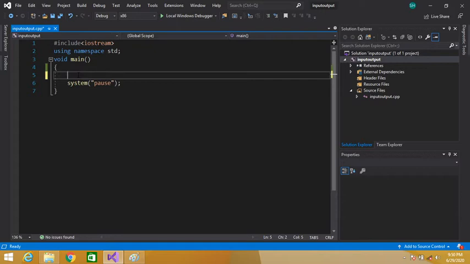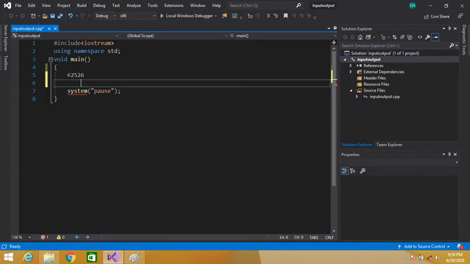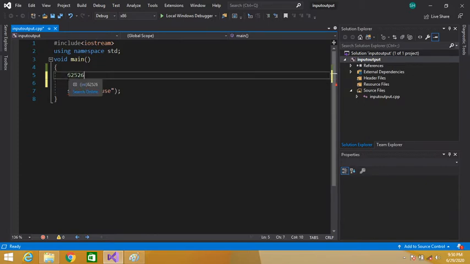For example, if I have a number, this number is a palindrome. Notice if we start reading from this side or this side, it is the same, 6 2 5, and if we start reading from this side, 6 2 5, so the same. So this number is a palindrome. Either we read from this side or this side, 6 6 2 2 then 5 5. So this is a palindrome.